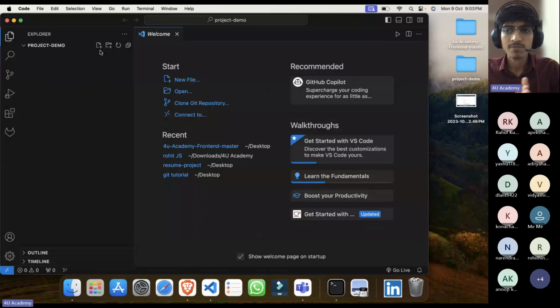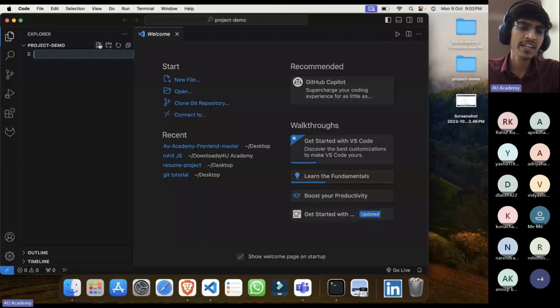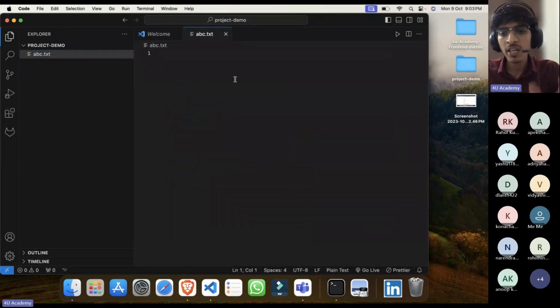Let's say this is my project and I'm working in it. Let's say I created a file. It can be anything. It can be your HTML, Java, Python, or even a simple text file. Anything. Let's say abc.txt. Very simple. I created one file and made some change. I want to store it. Let's say after this, I am adding a line. I want to be sure that if I make a mistake in writing a line, I can come back to this state. Suppose I want to save this moment that I created the first file in my project. So how to do that?